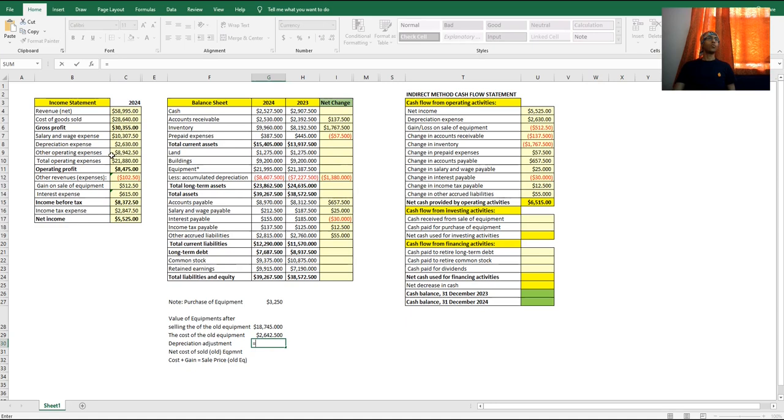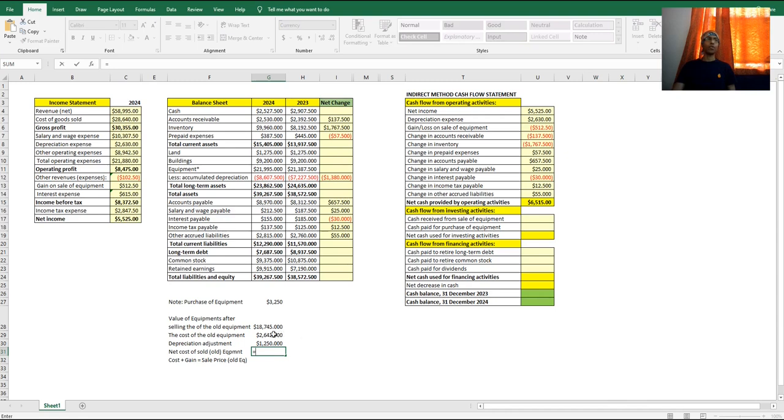This is equal to 2630 minus 1380. The depreciation adjustment is 1250,